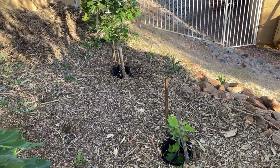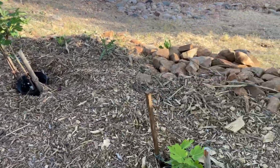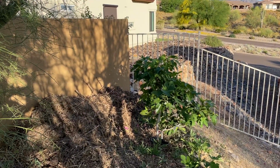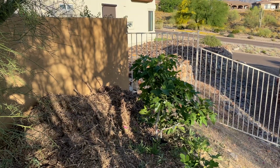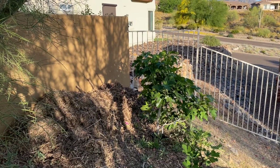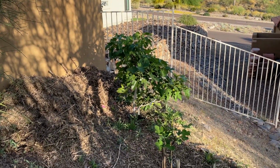This is the 5th Desert King. This is one of my 4, nope, I'm going to take that back. This is one of my 4 Black Mission. This is my 5th Desert King. That's one of my 4 Black Missions. And that one, it's been a slow grower actually, but it's starting to flush out